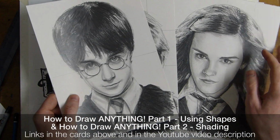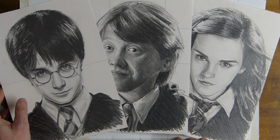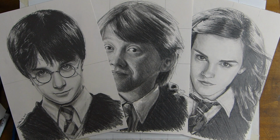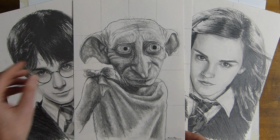So, when I've done the full pencil portrait lessons of Harry, Ron, Hermione and some from the Fantastic Beasts, I've used the same grid and the same shapes. That's where I've done these signs using a felt tip pen. And also, of course, there is Dobby, and all these are in the How to Draw